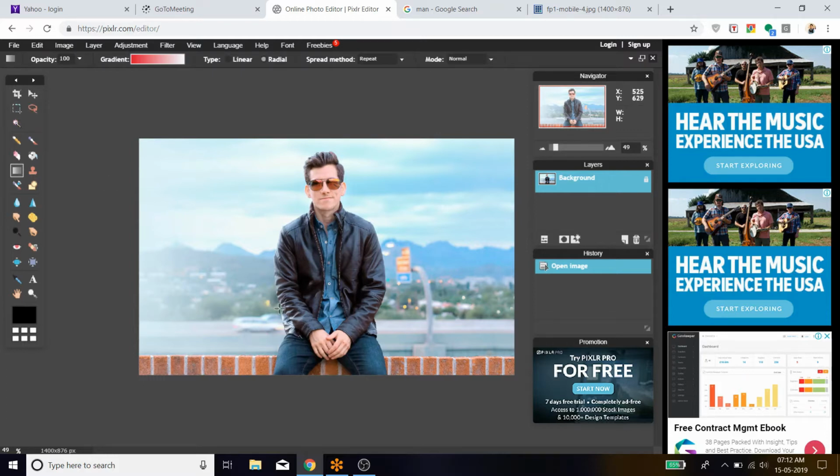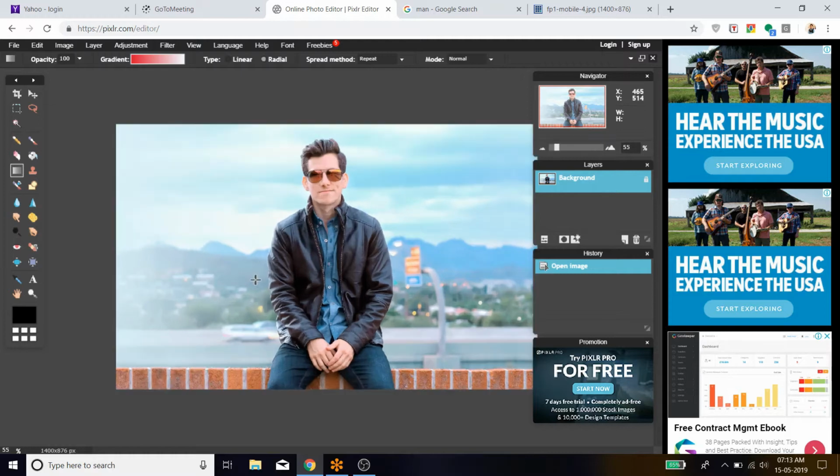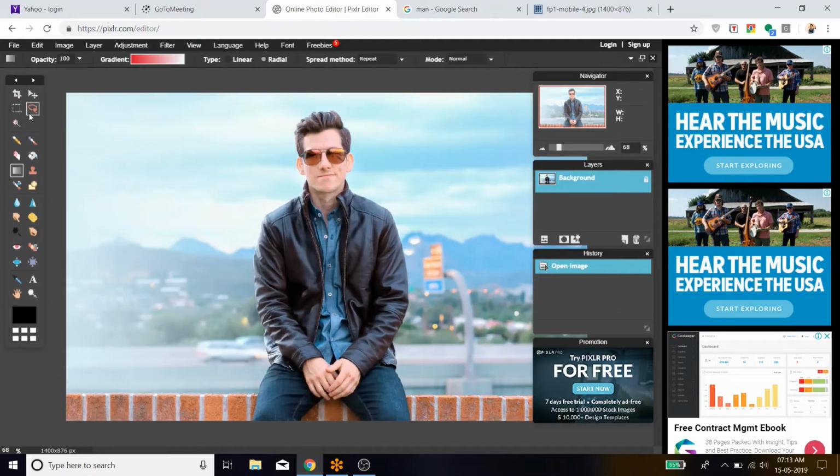So for this, what tool I will use? I will use the lasso tool. As I have explained on the last session, I will remove the body. So now I will do the background. I will do the opposite thing because I want to change the background. So the brick area will be there, the background of a brick will be there. There is no change, but only the background, the nature, the city portion I will change.